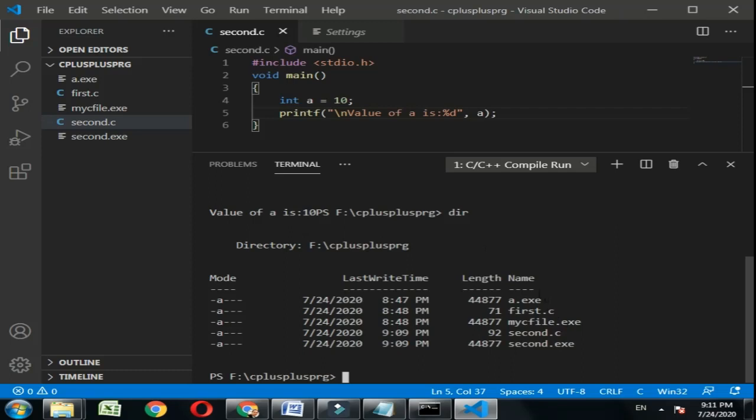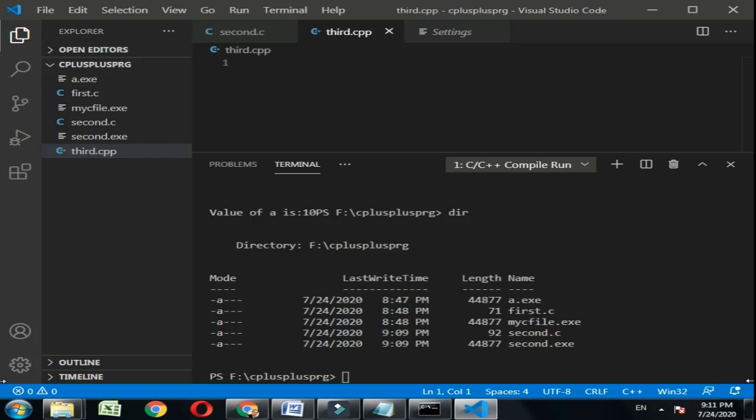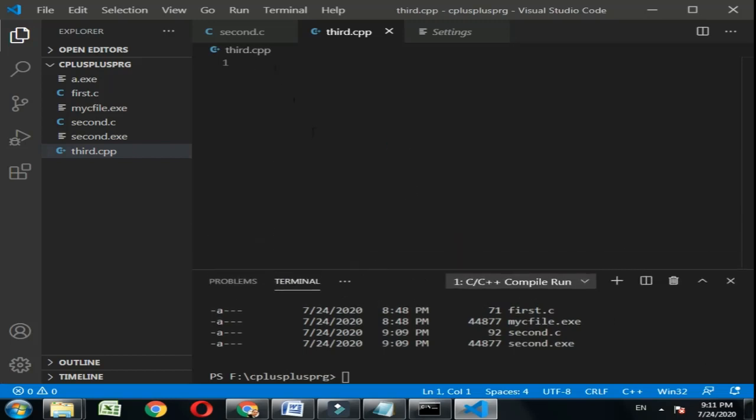Now another thing, one more program we write here, that is a C++ program. So third.cpp, because we will write a C++ program, so the extension by default will be CPP. Okay, now the new file will open and that file is ready to write any C++ program.